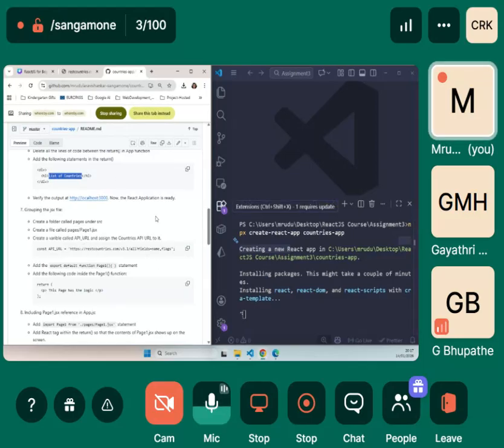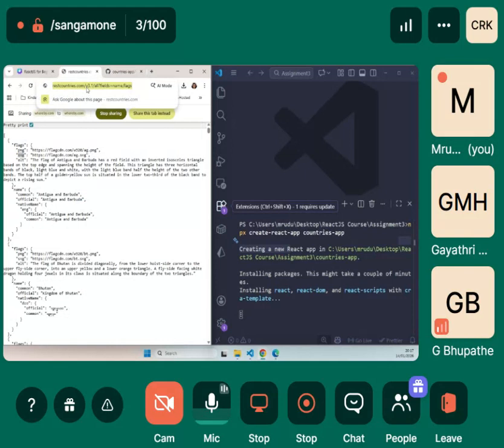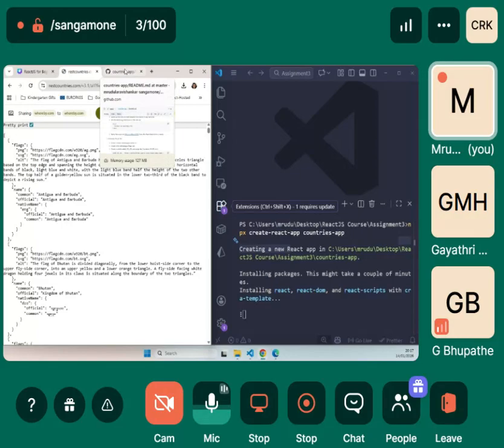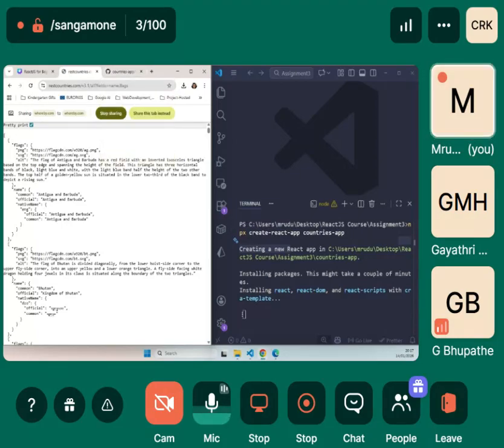Now, as you already know, we will be grouping our JSX files under pages, and we will have a variable called API URL, and give it this value. We will later also see how we handle errors. We will be covering all the topics that we discussed previously. So I will show it to you.